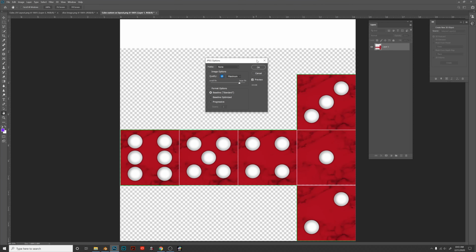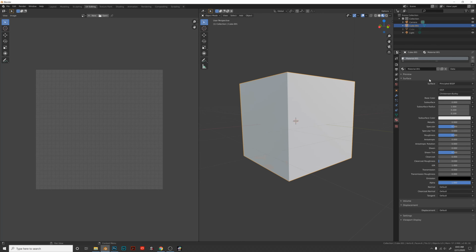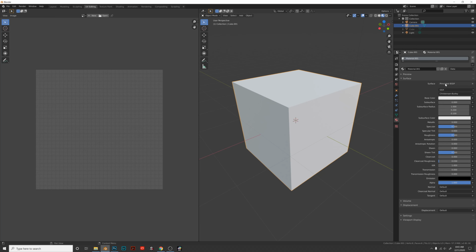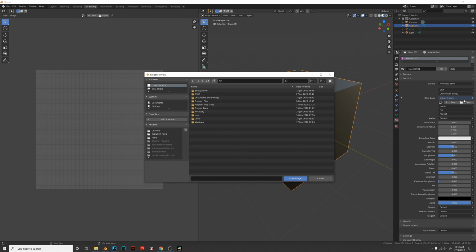Here we are. Go back to object mode. Let's create a new material. So again, we're just repeating what we did before. We've got a new material now. In the base color area, we're going to click on the little circle. Image texture. It turns black, which is what we want. And then we need to attach the texture we just created. So we're going to hit open right beneath image texture and desktop. And what we called it was cube dice textures. Open. And if you hit tab and look at your UVs,